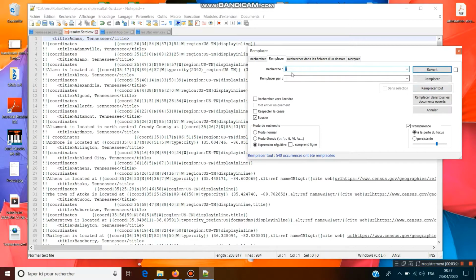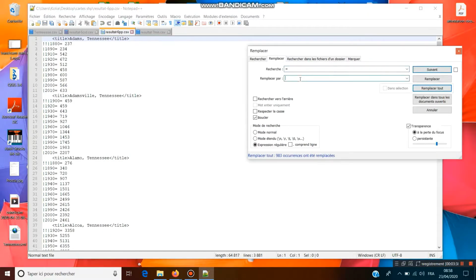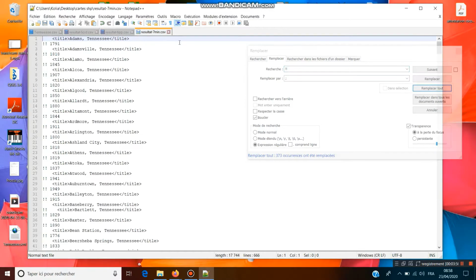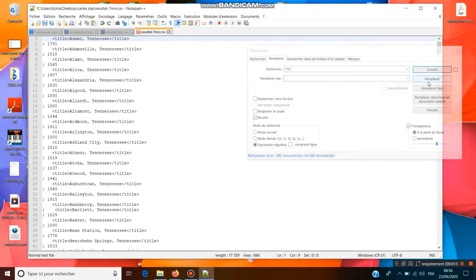The same way we'll remove the equal signs, the double quotes, and the semicolons in all the files.